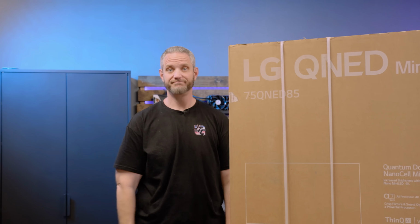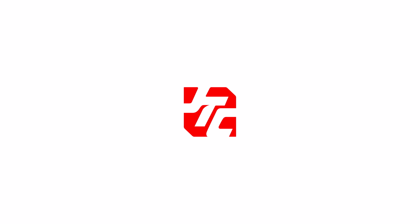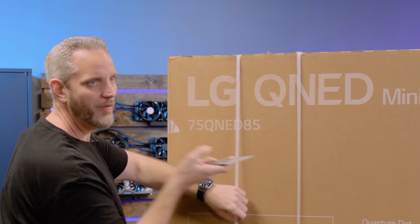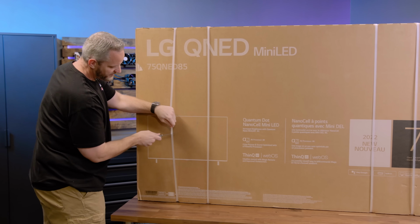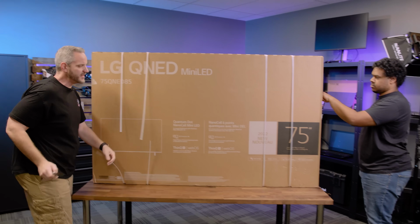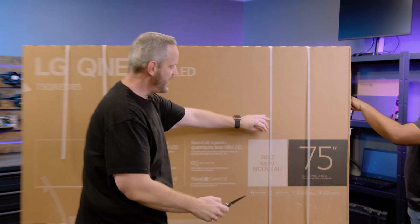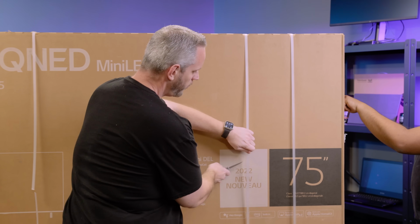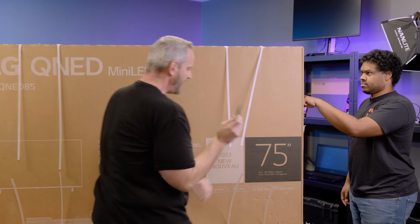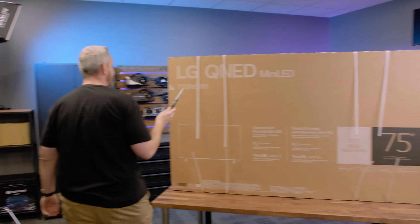It's pretty big. It's been a while since I've reviewed any sort of TV. Nick, you want to hold that side of the box? It's been a while since I've reviewed any sort of TV on this channel, but it's time for me to replace my bedroom TV. I'm just not happy with it, but I have done quite a few different reviews with LG over the years. I'm kind of excited about this one because today we are taking a look at the